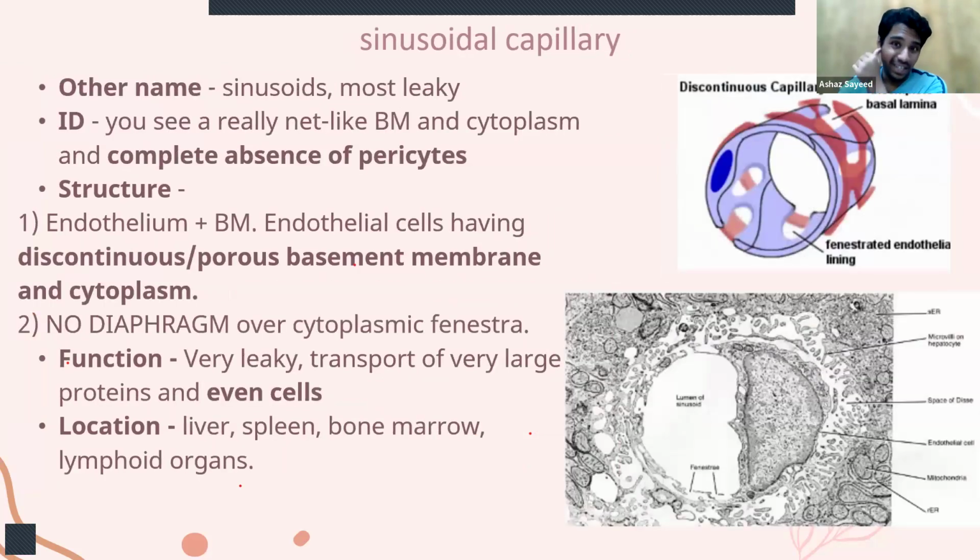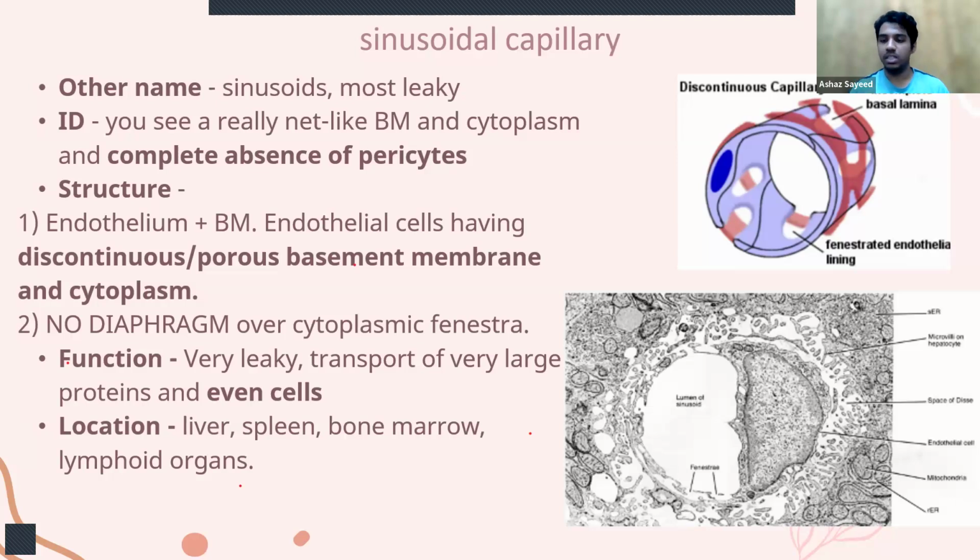Final one, the most leaky, is the sinusoidal capillary. It's also known as sinusoid. You can commonly call it sinusoid. And here there is no chance at all you're going to be seeing parasites. Structure is again you just have endothelium with basement membrane, and here the basement membrane is discontinuous and the cytoplasm is discontinuous. Not only does it have fenestra, which are small pores,